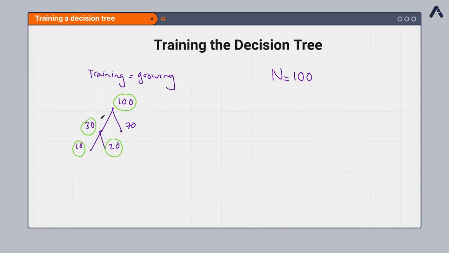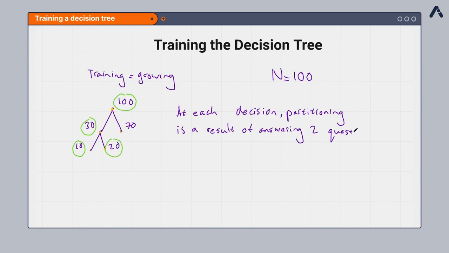The question is now, how are those decisions actually made? What leads to a particular variable value at each of these decision nodes that splits the data into these subsets, and how big are those subsets, and what does it mean? So the answer to that is, at each decision node that we've drawn here, so at each split into smaller and smaller subsets, we carry out what we call partitioning,